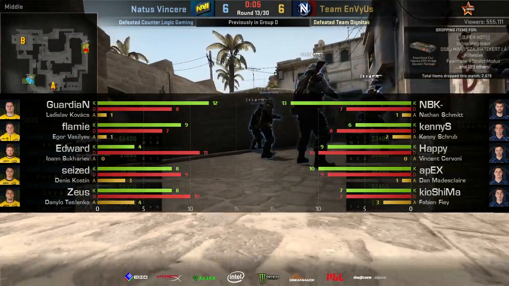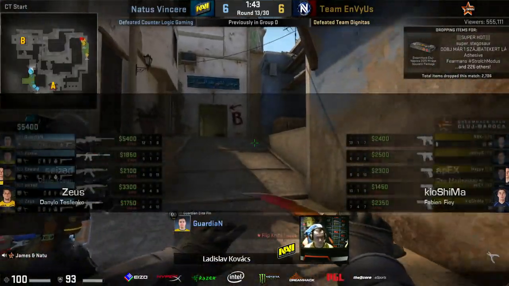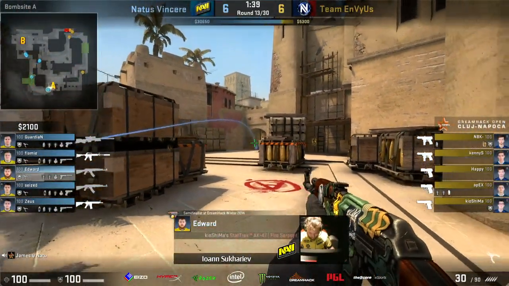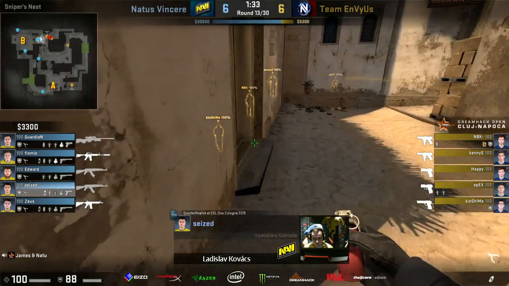Guardian, they're working with that op again, and EnVy not making that force buy really work out. They just couldn't make the attack efficient enough, basically. Not getting out of that A slope area. That's the thing when you're force buying, playing with the Tech 9s, you want to get really up close. They didn't manage that and got dismantled by NaVi, and that's going to actually put EnVy, rightfully so, into a